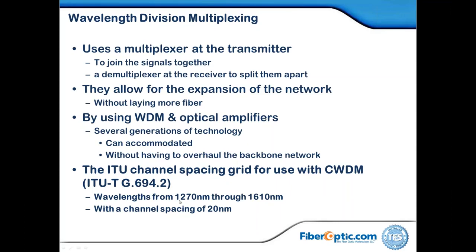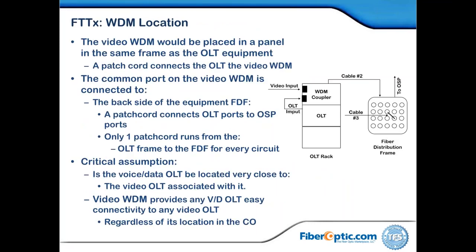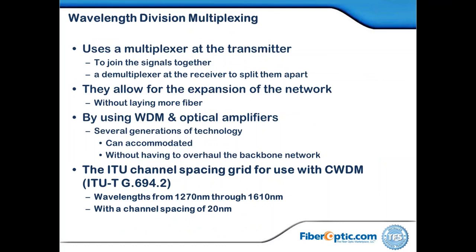So in essence, signals can travel at wavelengths from 1270 up through 1610 with a channel spacing of about 20 nanometers apart. Was that nanoseconds? Now I forget what that was. Nanoseconds. Yeah, nanometers. Now that basically shows you that that's coarse wave division multiplex. So I can carry signals at all those wavelengths outbound, and they don't interfere with each other,